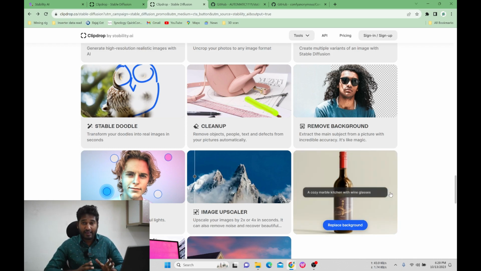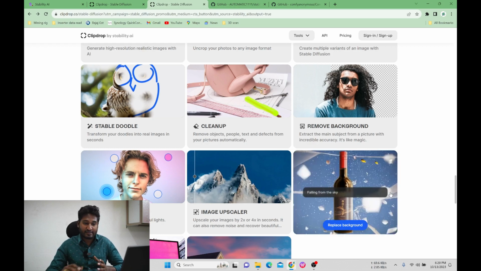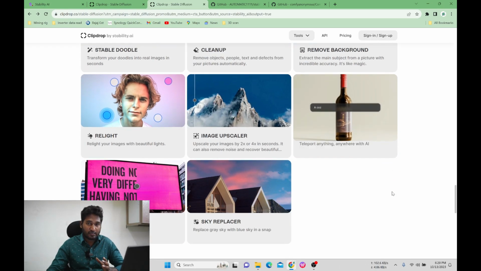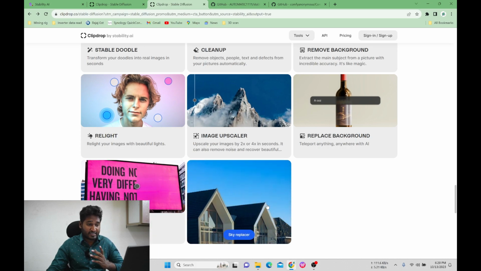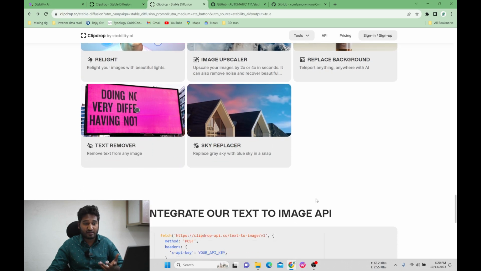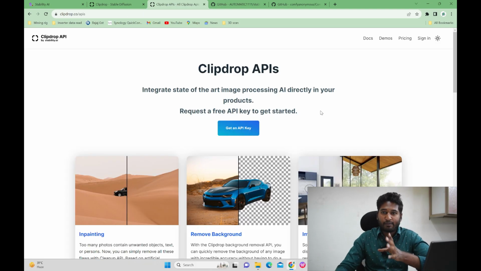So AI tool is gonna be really helpful in marketing as well. So that's what I wanna share with you guys. So text removal, changing, you can replace the cloudy weather with a sunny one, and many other things. So these are the things you can do with Stable Diffusion. So you can get an API key